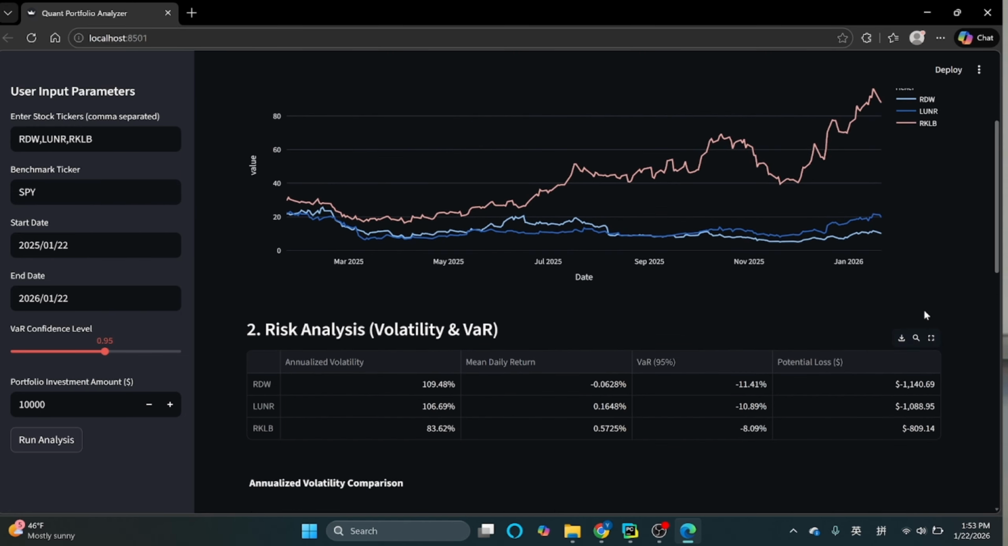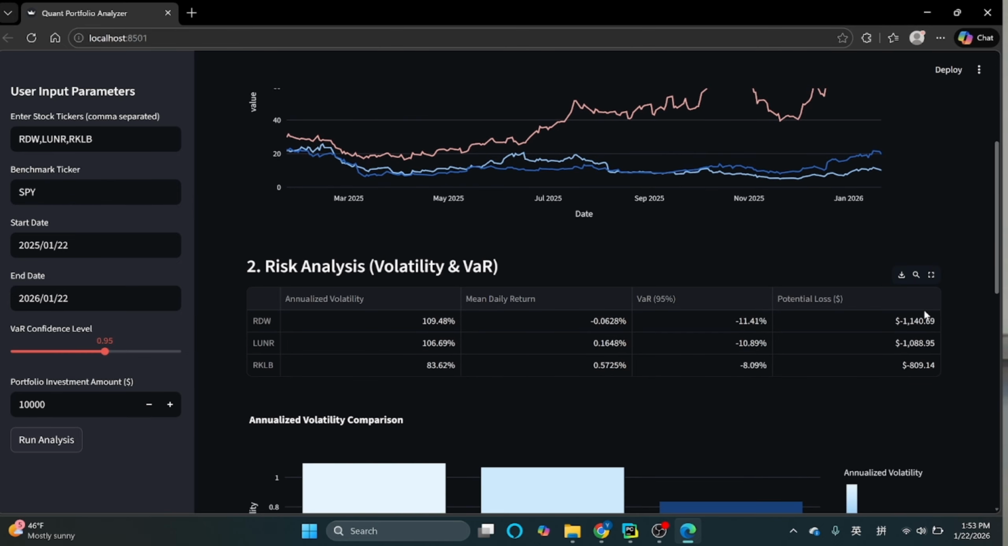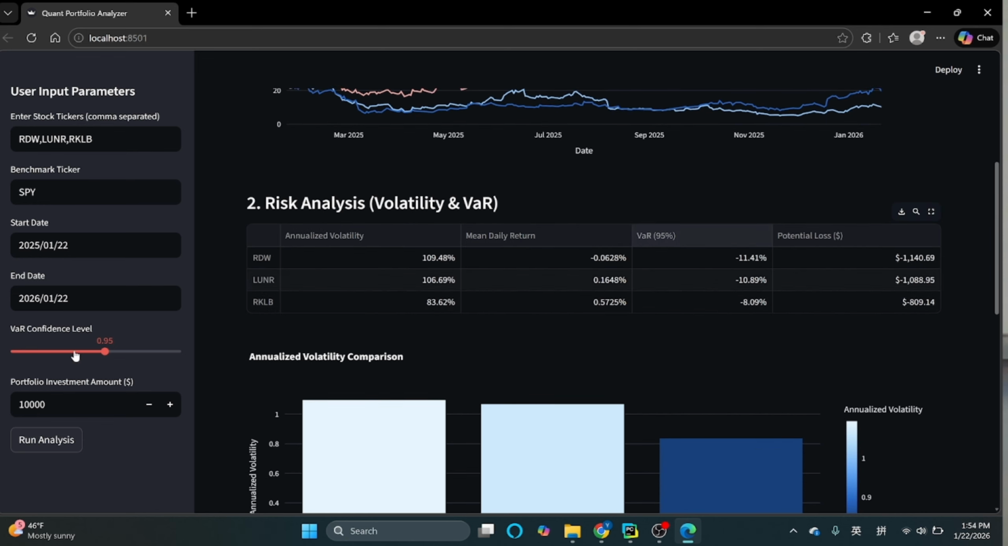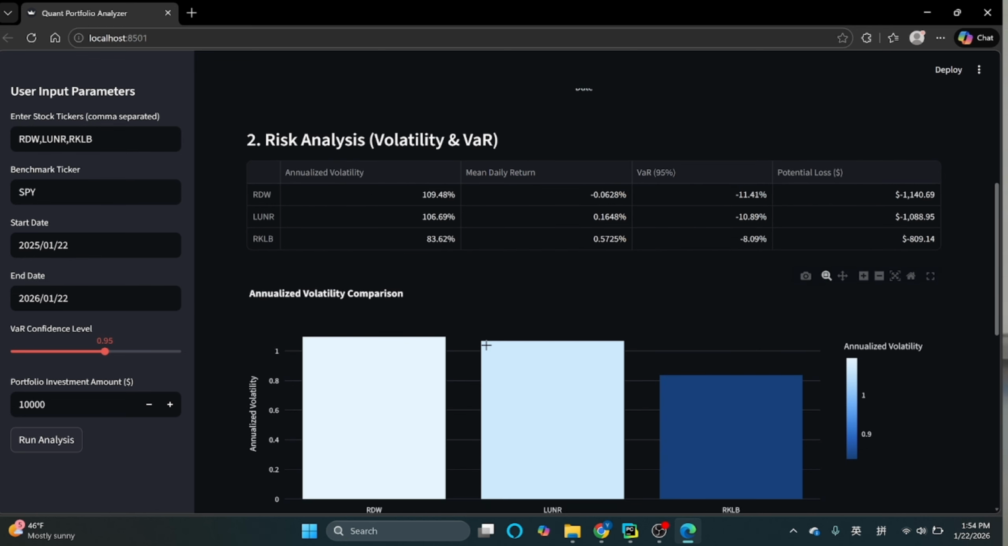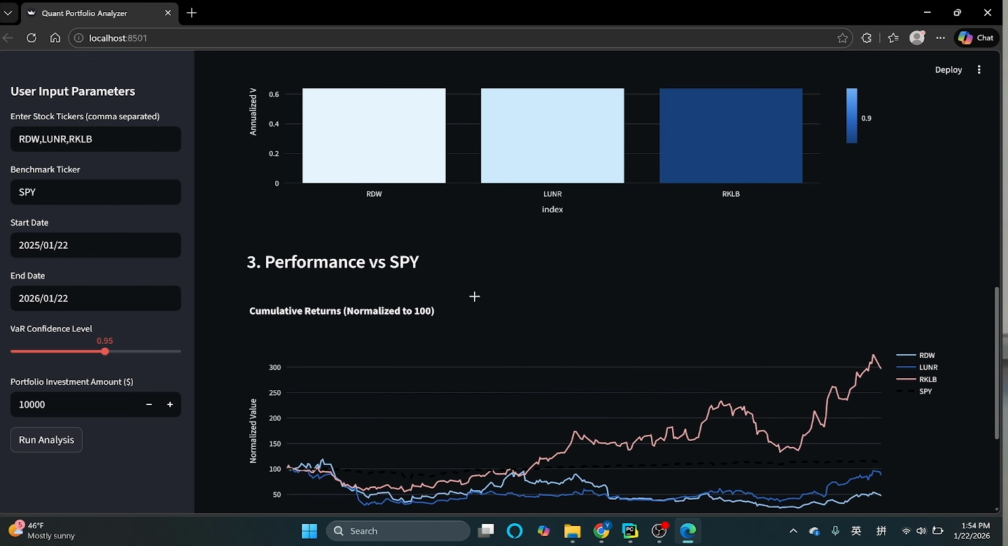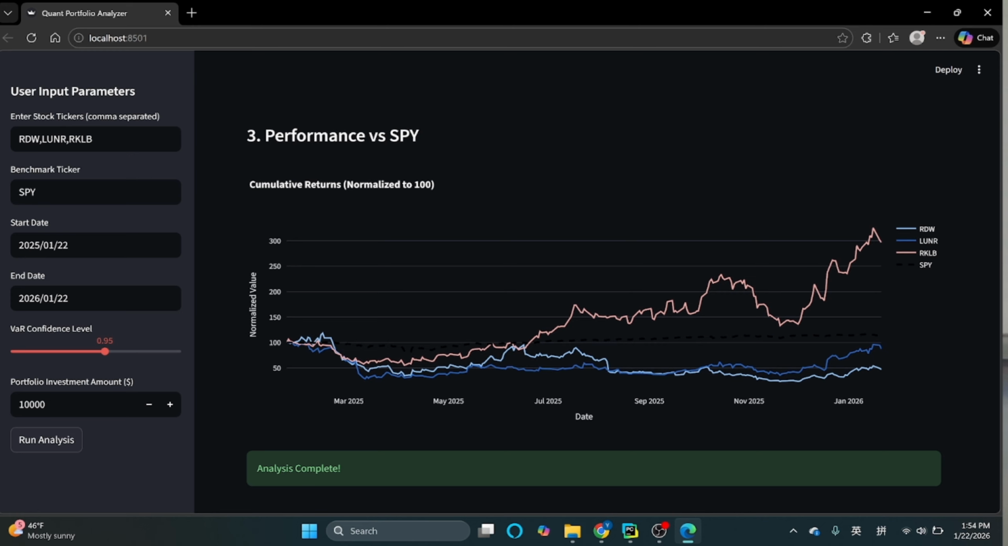And also the second function right now is that we can do some risk analysis. It can automatically show the annualized volatility and mean daily return, and the value at risk at the confidence level we choose here, and then also the potential loss in the worst case based on our value at risk. And finally,